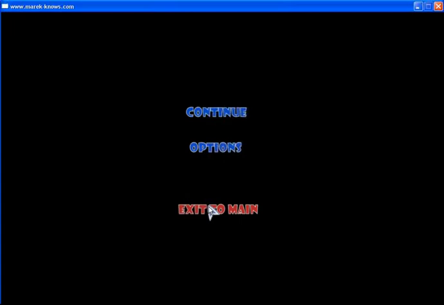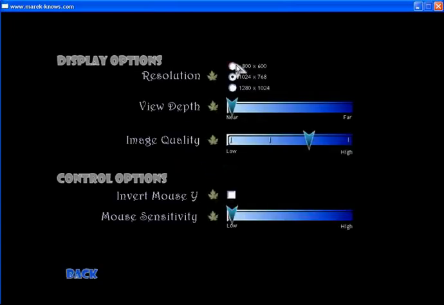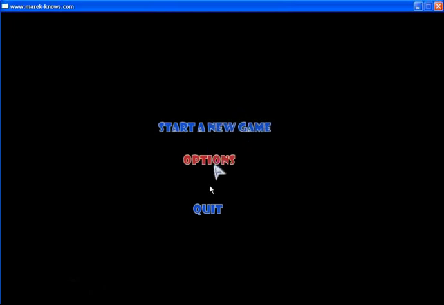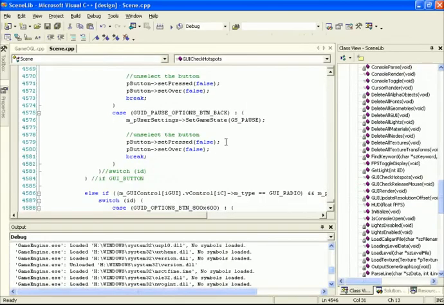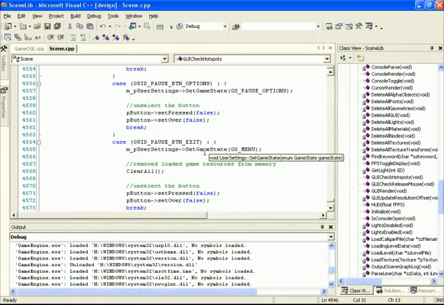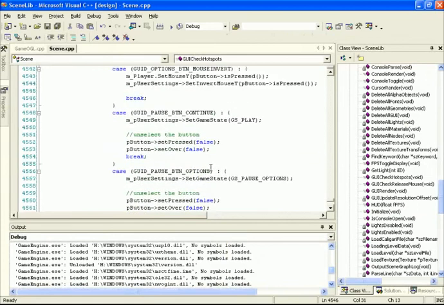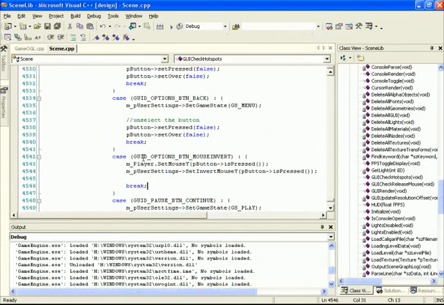We'll go back into the main menu. I'm just going to reset this to be 800 by 600 just so it's a lot easier for me to work while I'm recording the videos. First, let's just get our GUI items working, and then we'll get them synchronized between the pause menu and the main menu. The mouse inversion right now is only being set by the options button mouse invert,